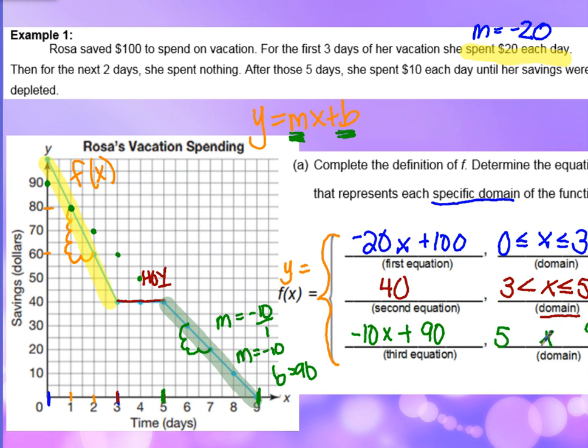And remember from before, if it's already closed on the 5 here, then we have to have it open on this one, since it cannot be occurring on both. And the 9 will always be closed. So when we work with our piecewise linear functions tomorrow, you're going to notice this pattern where the first domain is always closed, and then from there on out, it's always going to be open,